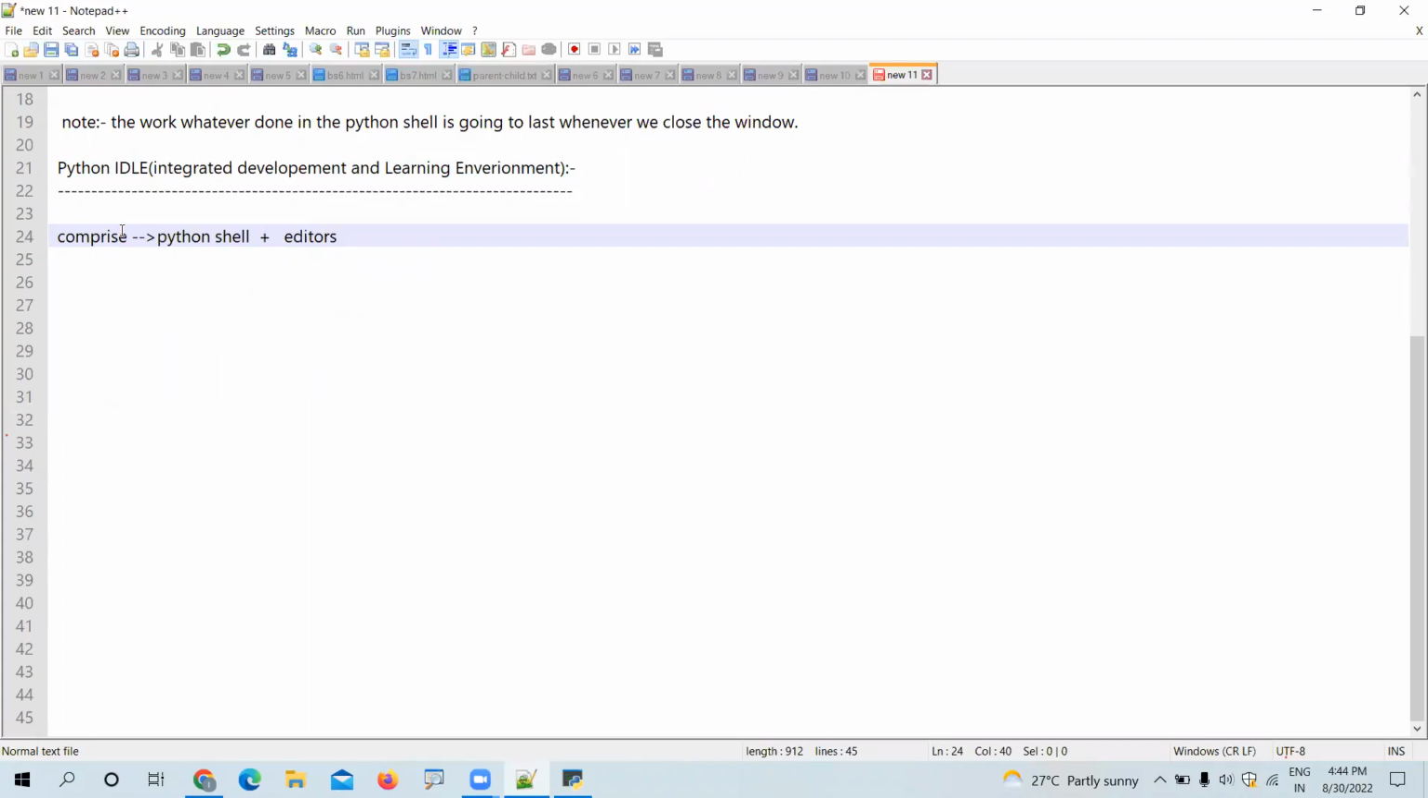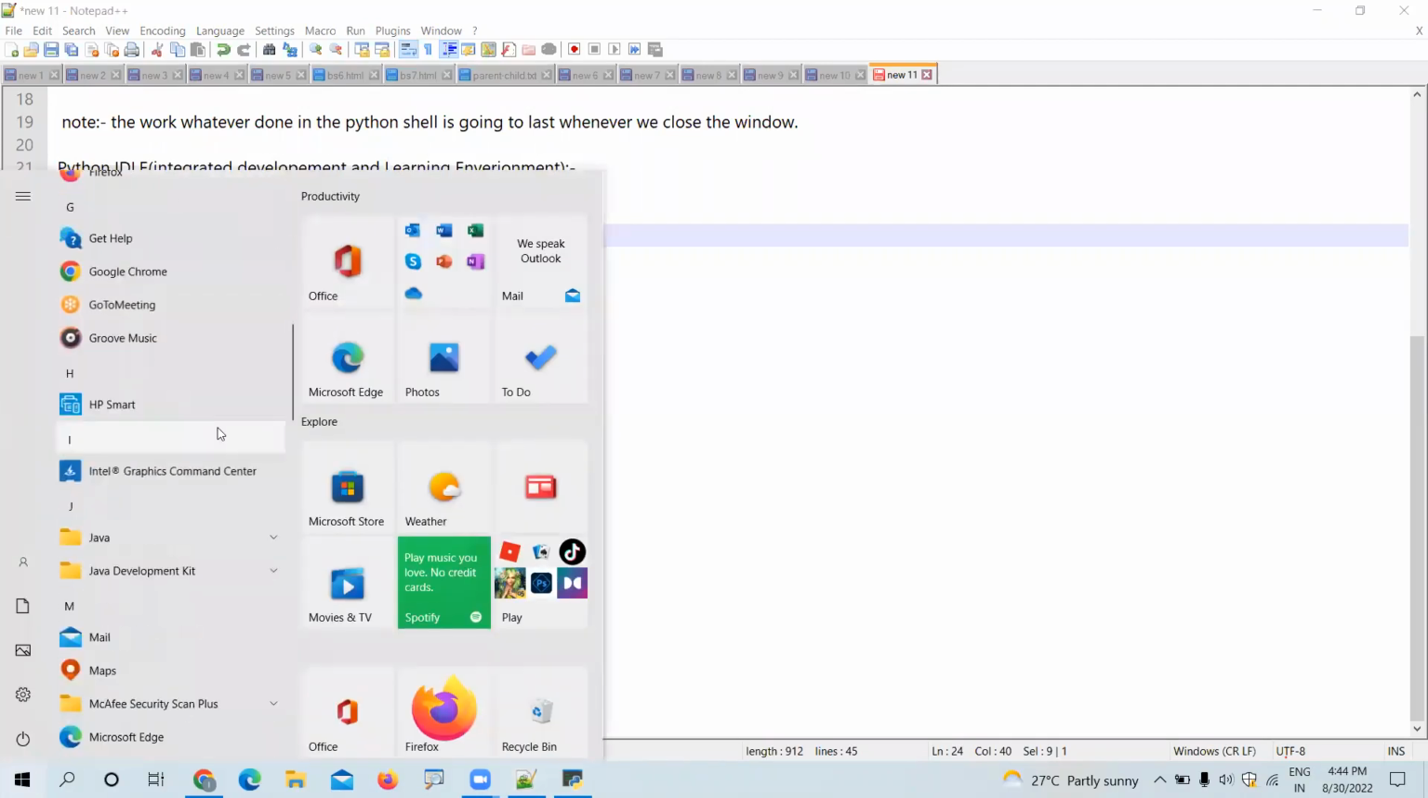What is the advantage of IDLE? The Python shell is there, and Python editors are also there. Are you understanding? We can use both. We can use the Python shell, and we can also use what, sir? Editors. Are you understanding? So now, where the Python IDLE is, go to the start button and here